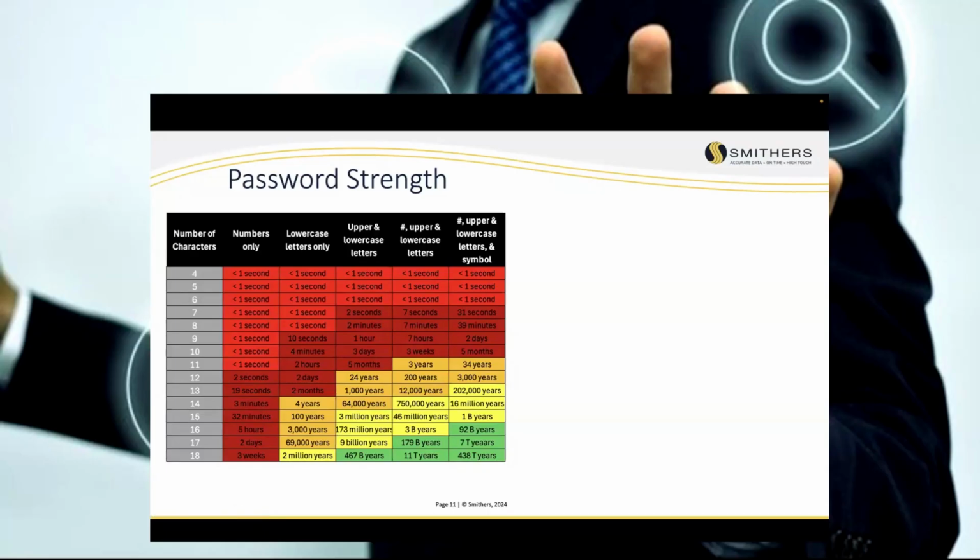Basically it said if you have 18 characters and it's a combination of numbers, upper and lowercase letters, and at least one symbol, it's going to take about 438 trillion years to break your password. Now, the problem is 99.9% of the population does not have this kind of password. The bulk of the population tends to be somewhere around 10 to about 14 characters, and tends to have some repeatability, and tends to reuse it. So there's the probability that even if you had an 18-character password, it's been compromised.